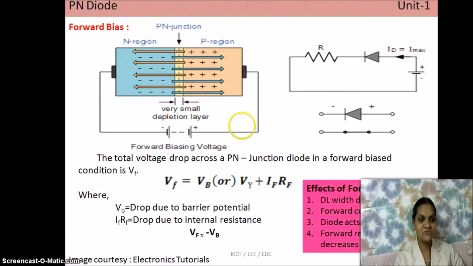That means once the forward voltage is greater than 0.7 volt, only then will it start to permit the movement of charge carriers across the junction. So while increasing the voltage, when it crosses 0.7 volt, the depletion region gets overcome by the movement of charge carriers. This hole starts to move here, and this electron starts to move here, and they are attracted towards the opposite terminal of the battery on either side. So the circuit is closed, and this current continues to flow around this closed loop.